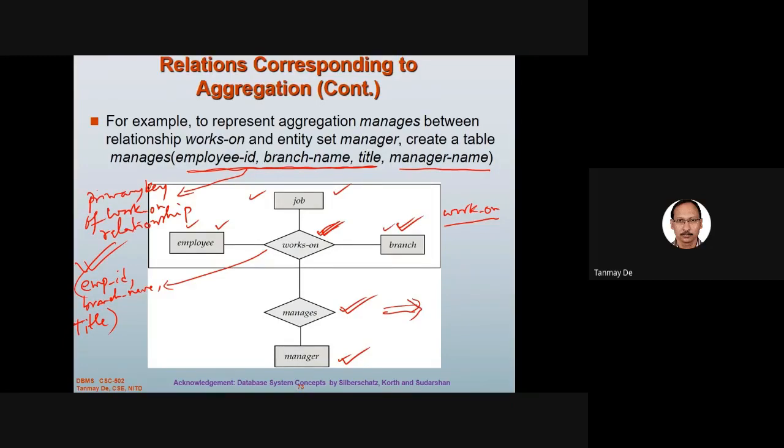It consists of columns that come from the primary key of the work on relationship, that is this one, and this one, and the manager entity set. What is the manager entity set primary key? Manager name. Okay, this is the table for managers, and other tables are table for employee, table for job, table for branch, and table for manager. Okay,